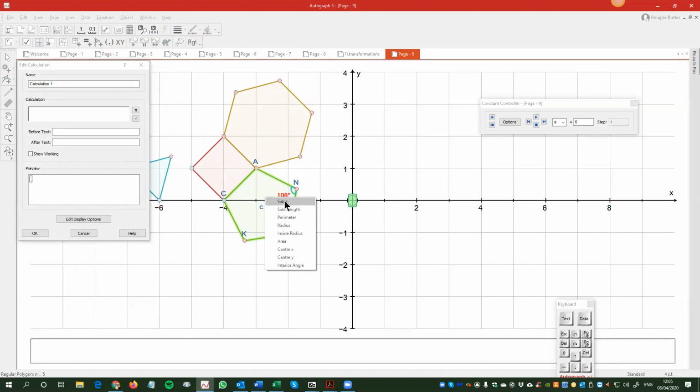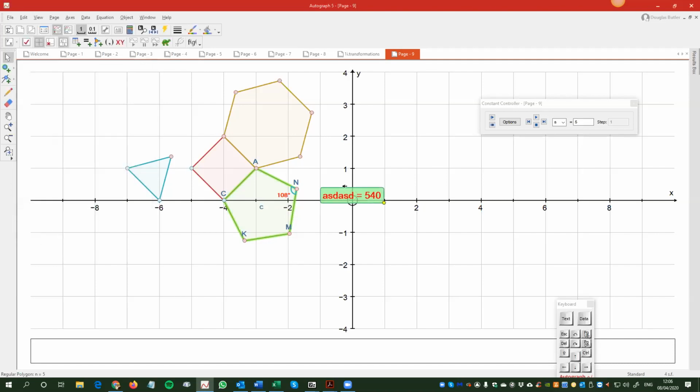So we want to have the number of sides, which we happen to know is 5 anyway, times the interior angle. Okay, whatever. Answer 540. Hopefully that answers your question, Paula,